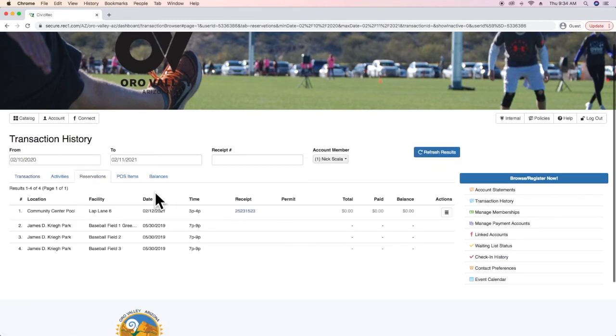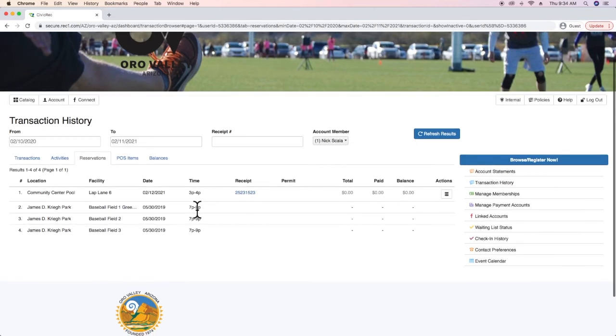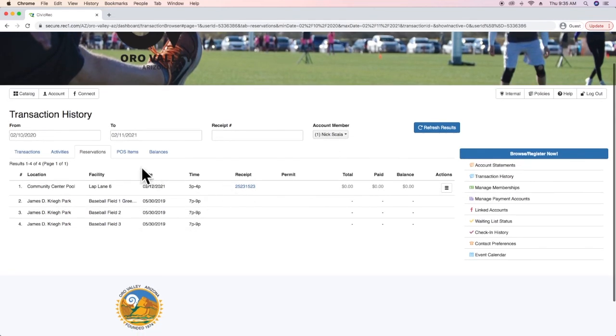A note about canceling your reservations is you can do it a day or two ahead of time, but you cannot do it from your online account the day of. You still will need to call us to make that cancellation, but you can do a day or two ahead online. So once we're here and we selected reservations, we're going to go over to this actions icon,